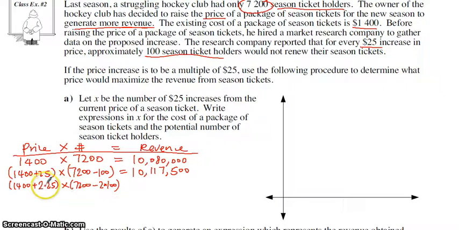This is multiplying. Okay, so now the ticket price is 1,450 and the number of people buying the tickets is 7,000. And then once again, you find out the revenue is still going up. Okay, so it's a good idea to raise. So what is the final number of $25 increases from the price so that they can get